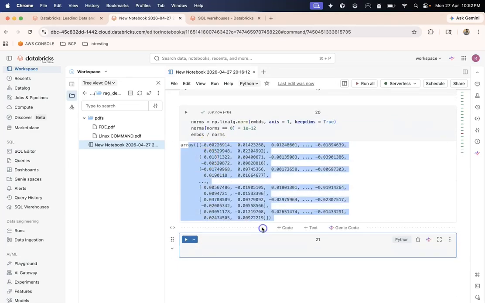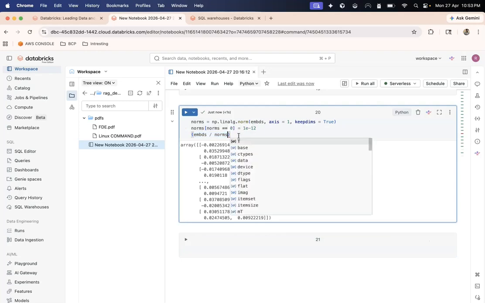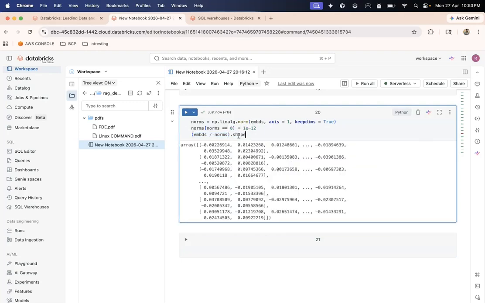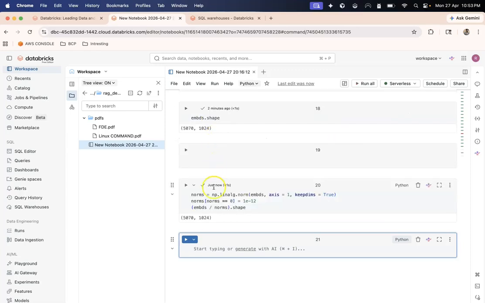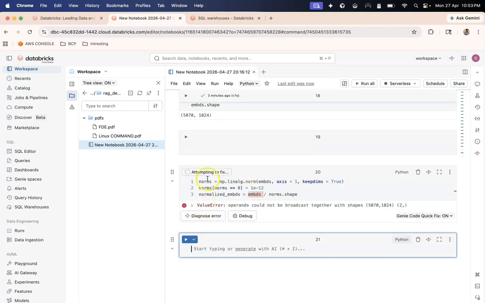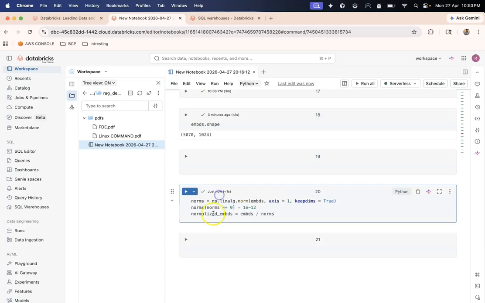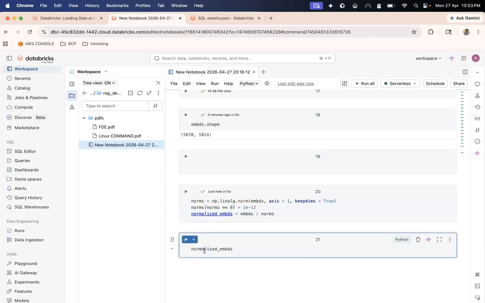I can check the shape of it, and its shape won't be affected. Now I can write this result back to normalized embeddings. One second, what is wrong here? Okay, norms.shape. Now I will have this new set of vectors to work with.